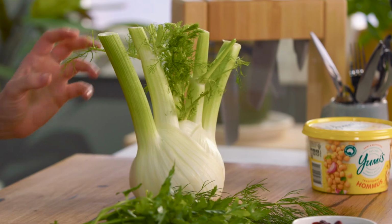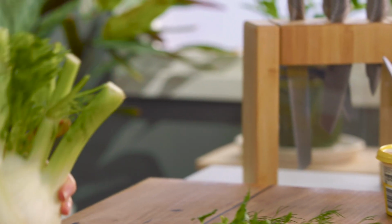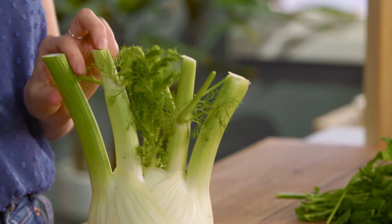Sometimes side dishes don't get as much love as they should, but not this side dish. This fennel and hummus side is so delicious. In fact, I would just eat this as a main with some crusty bread. Now, I've got a large fennel bulb here, but you can use 2 smaller ones, and I'm going to cut